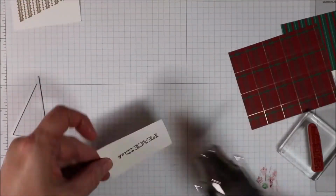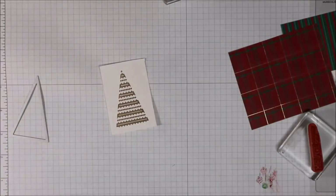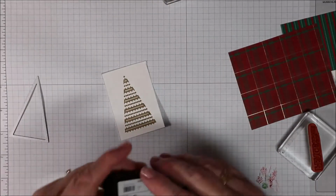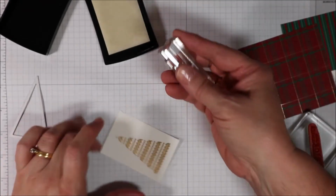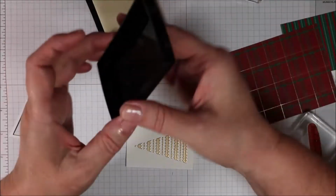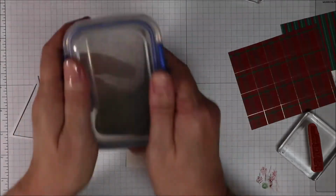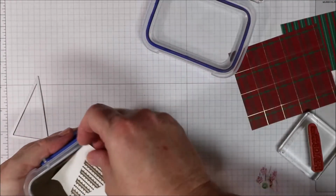Right, in with the powder bag. Sorry, I was hoping to get all of this done in one fell swoop. Best laid plans of mice and men often go awry. Isn't that the saying? It is in this house anyway. Okay, pop that down, in with the embossing powder again, and we'll just give this a quick...